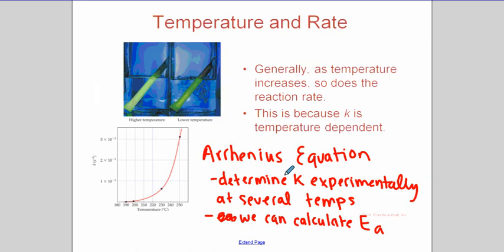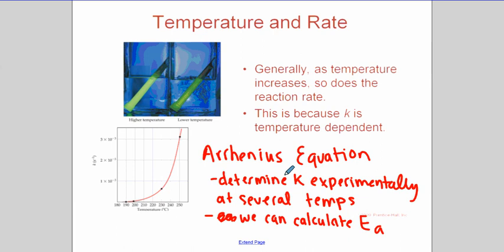So kind of going back, temperature affects rate. We can either look at 1 substance at different temperatures, or we can look at 3 different substances